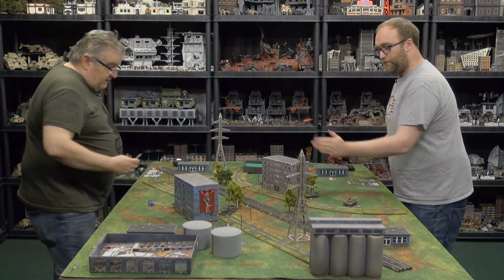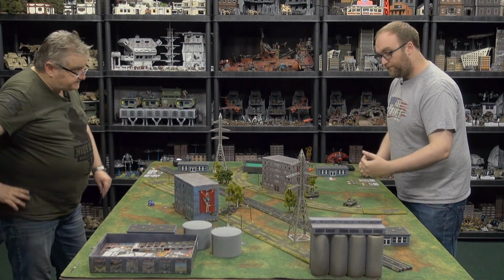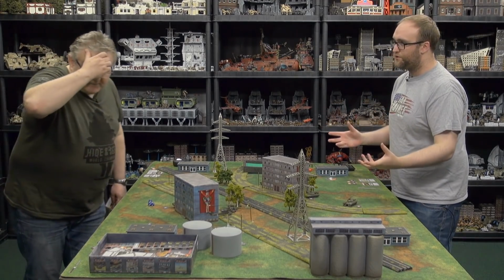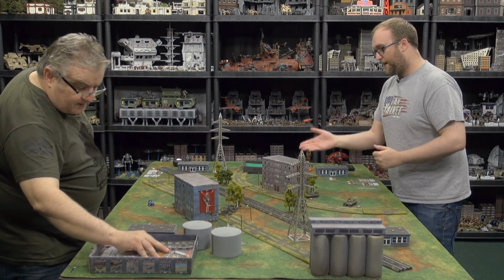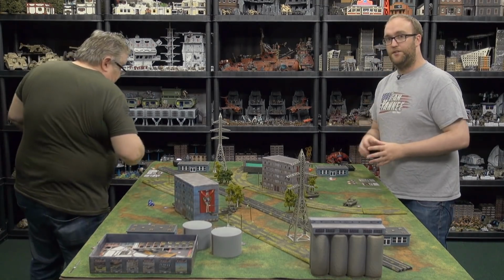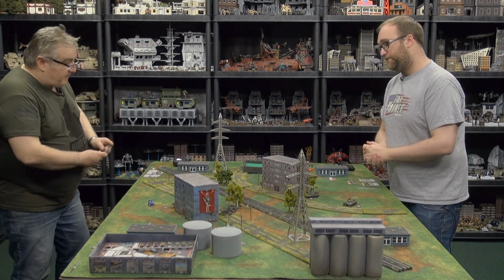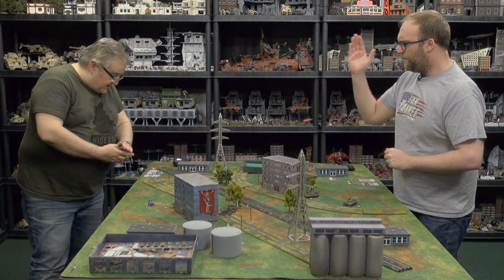So Alpha, Bravo and Charlie are my 3 T-64s. As the game currently stands, Alpha has 1 damage with no modules destroyed. Bravo has 1 damage, no modules destroyed. The Hind and Charlie, which is my 3rd T-64, have no damage and are doing pretty well for themselves. On the other hand, for you, Freddy, I believe...